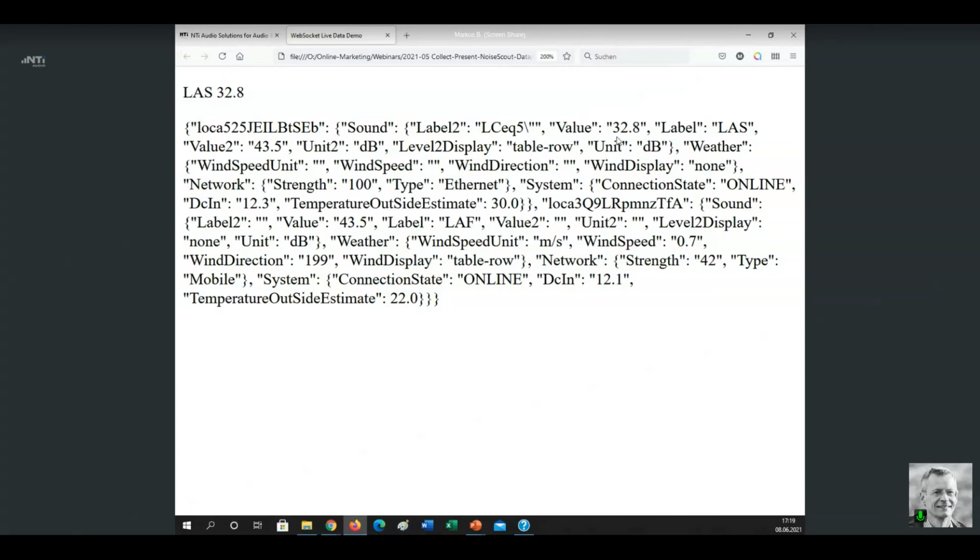You see further values, the ones that you have selected in your code. You can see further information like wind speed, wind direction, and so on and so forth. So here you see the raw data coming from that noise monitor, and now it is up to you to use this raw data to present it in an acceptable way on your website.